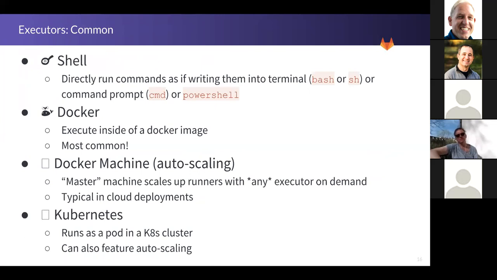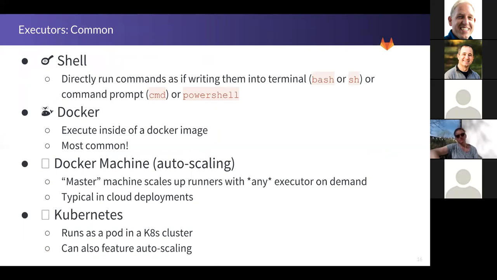This is really helpful for low-level stuff you want to do. If you're running your own runner on your machine, it's helpful because it's super easy to debug. There's no complicated layers between you and the runner. It's also really helpful in the Windows world because Windows and Docker still don't play nice perfectly all the time. So it's nice to be able to just run bash scripts basically for Windows builds, and ASP.NET and those kinds of things have the MS build exe, which makes it really easy to execute that with the shell executor.